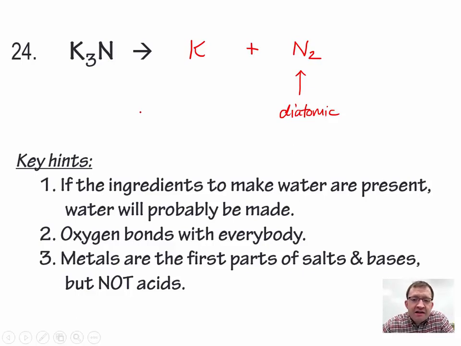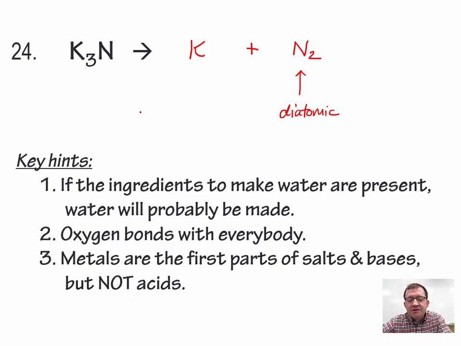I haven't balanced any of these equations. I'm hoping by now your balancing is good enough to where you can handle that part, and I don't want to take the time to fill up this video with balancing equations as well. So keep those 4 rules nearby. If the ingredients to make water are present, go ahead and make water. Oxygen's probably going to be found in whatever's left because oxygen likes to bond with everybody, and we saw that in some examples. And metals tend to be the first parts of salts and bases,